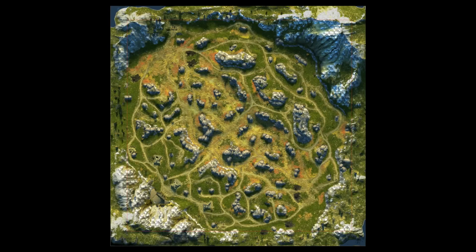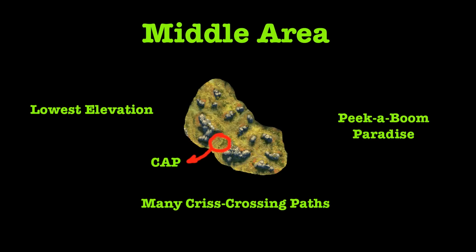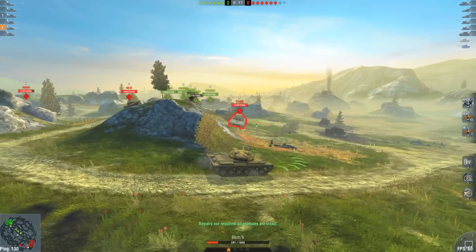spawn locations. Located in the northwest and southeast areas, each team has 2 spawn points, and they're fairly close together. From these locations, you can choose basically 3 different areas of the map to dominate. The center portion is for the most part the lowest elevational area on the map, with outcroppings of boulders and earth creating a myriad of paths crisscrossing with no particular pattern, making it very difficult to get a shot off